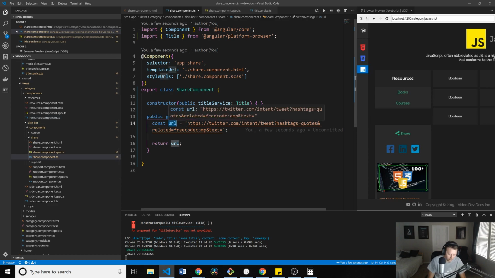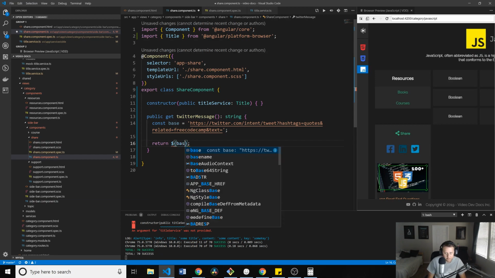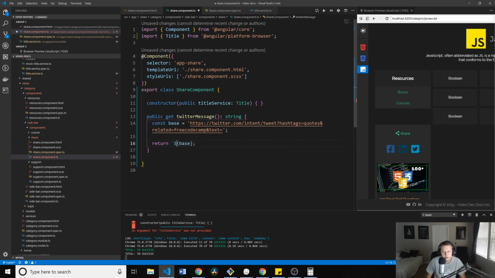We'll call this base, and then we'll return some sort of string of base here. And we'll say, check out